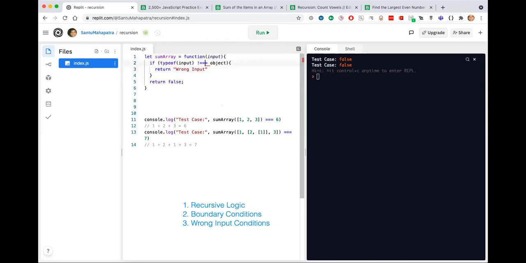But for checking whether something is an array or not, how would you check in JavaScript? If you put type of, let's say, 1 2 3, it will actually return an object. So an array is an object in JavaScript. Then how do you check whether something is an array or not?